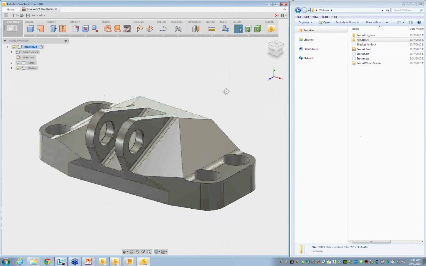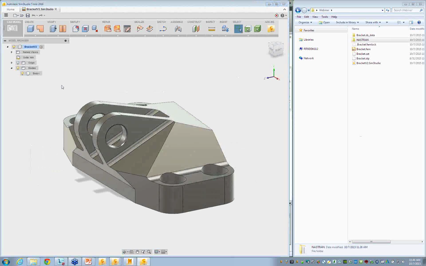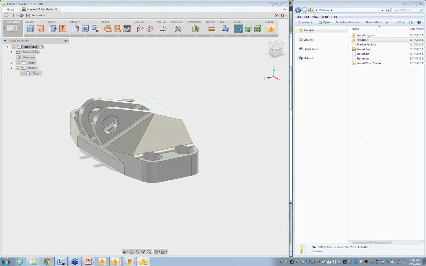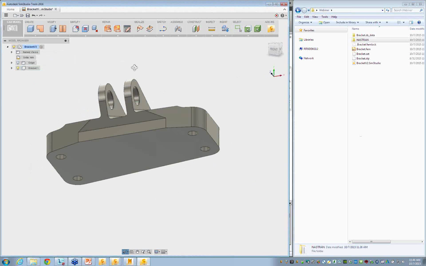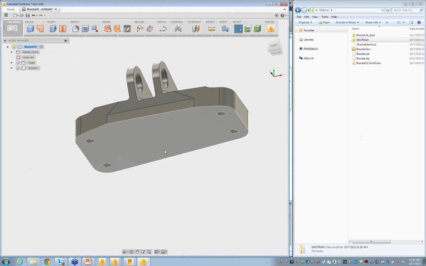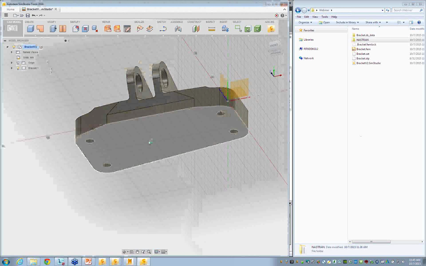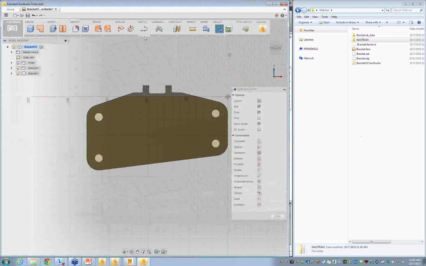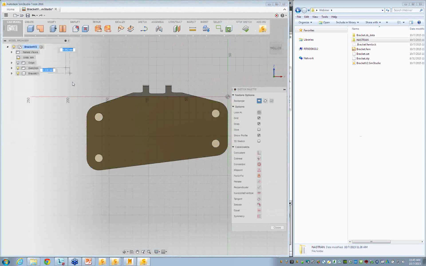And right now we have a single body, right? And I will create a new component from that body. So now I have a single component, and we'll call that bracket. And I'll create a new component so I can have contact between those two components. And to do that, I like to get into the sketch mode, create a sketch on that surface, and I'm not really interested in dimensions or anything. I just want to create a rectangle. Let's say that rectangle right there,